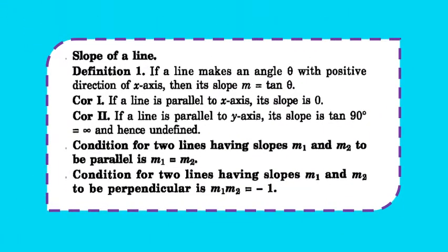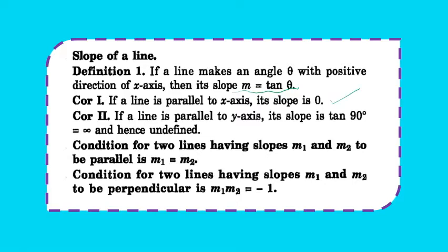Now coming to the new topic, that is slope of a line. If a line makes angle theta with the positive direction of x-axis, then the slope is defined to be m equals tan theta. We denote the slope by small m, and m is equal to tan theta, where theta is the angle that a line makes with the positive direction of x-axis. Now a few points: if a line is parallel to x-axis, its slope is taken to be 0, and